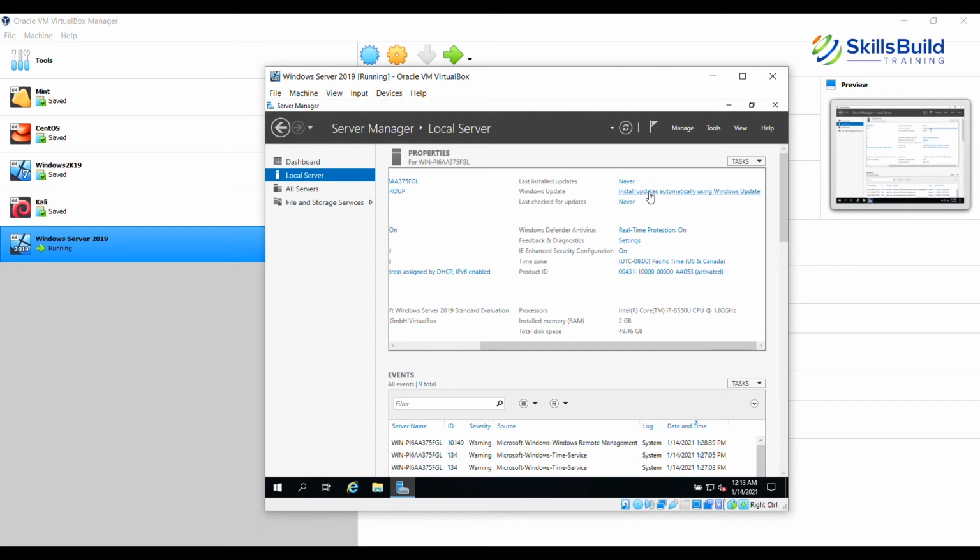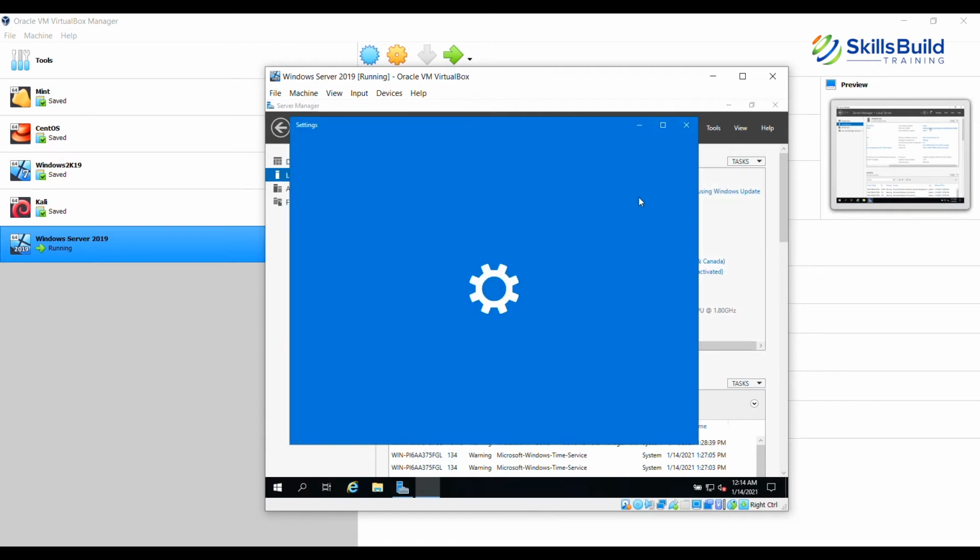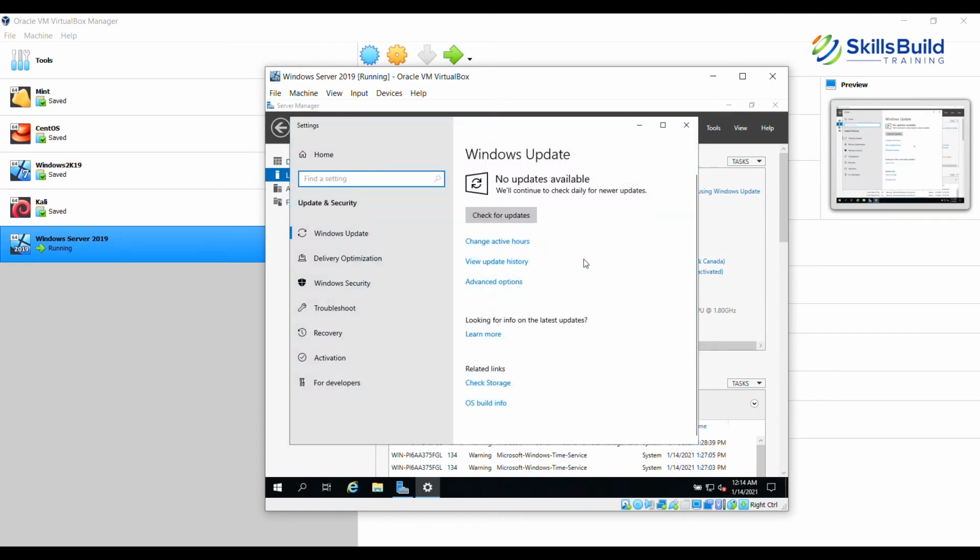Something called Windows Server Update Services, known as WSUS, will be installed, or there may be third-party software through which the administrator keeps pushing updates onto your systems. Here, because it is a standalone system, by default the option is set to download or install directly from the Windows Update website.